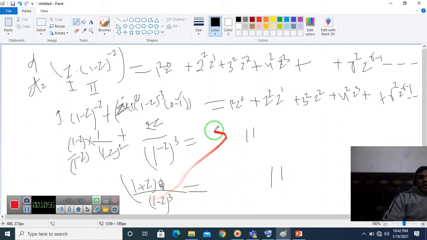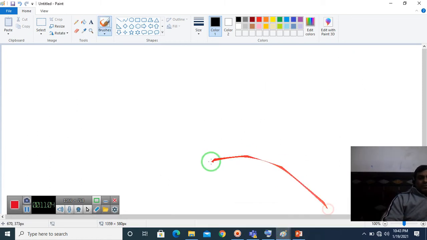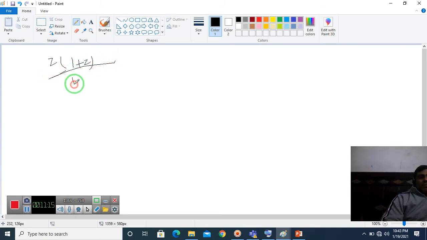Just we should multiply, because there is 1 z to the power 0, 2 z to the power 1, 3 z to the power 2, 1 is less, so we should multiply by z again. So it becomes z times (1 plus z) upon (1 minus z) cubed